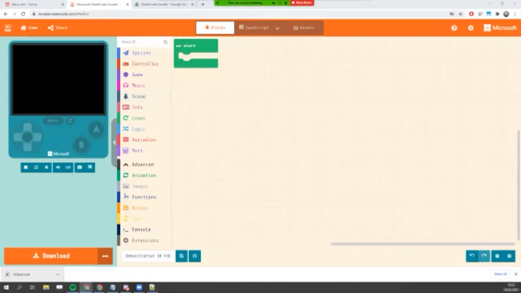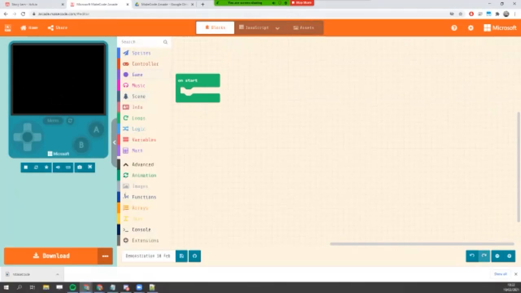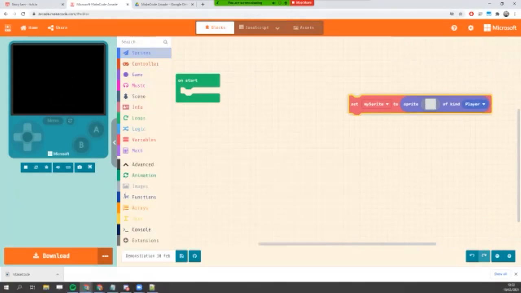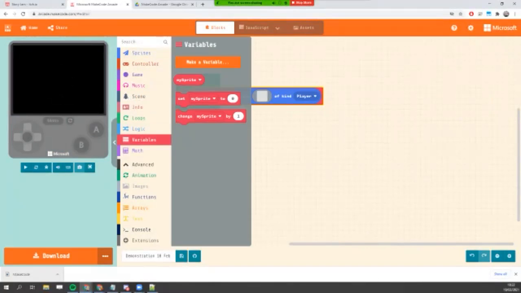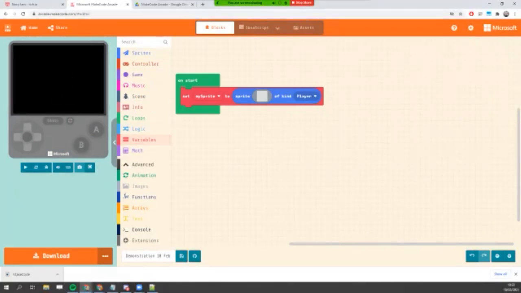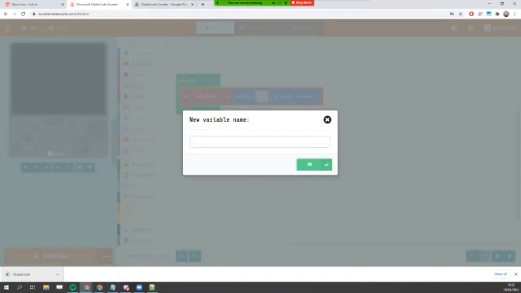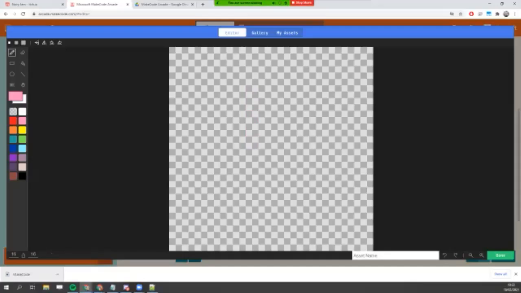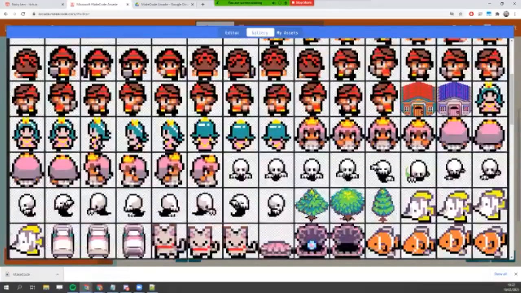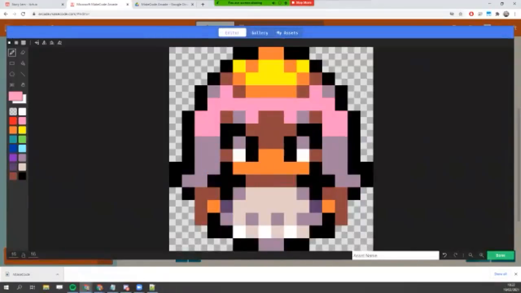To begin with, what we want to do is create our hero. So from sprites, we're going to rename. You can set variables from here, as well as adding them from here by using the make a variable button. So we're going to rename our hero to the name hero, and then here we're going to give it an image. Again, what I did was I went into gallery and I selected this character,